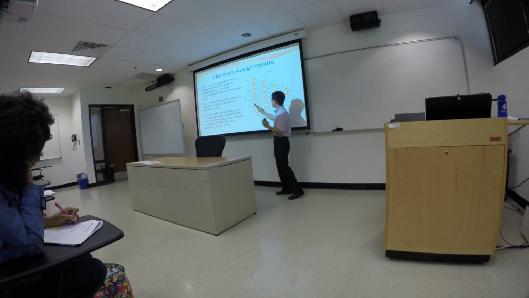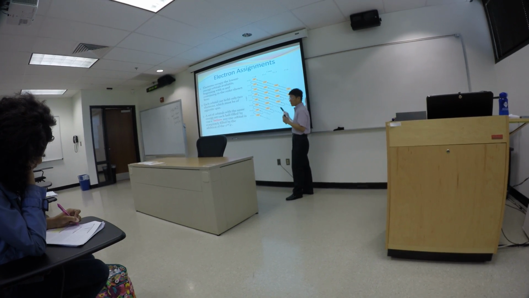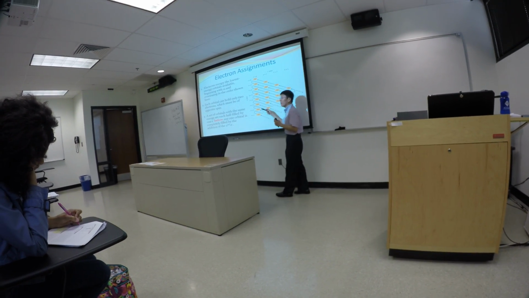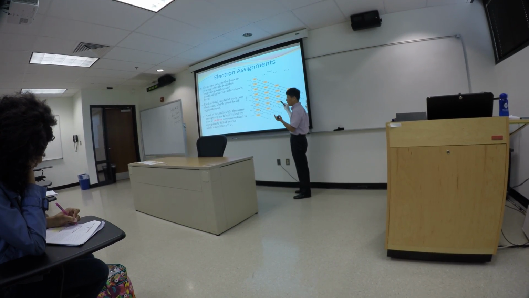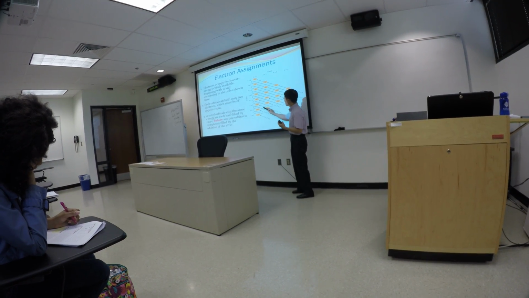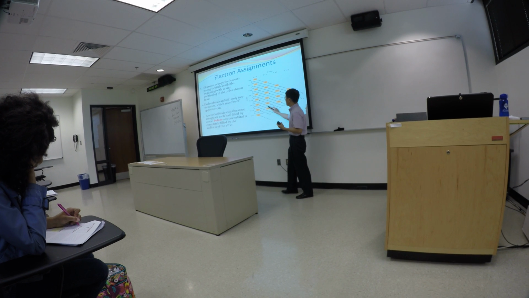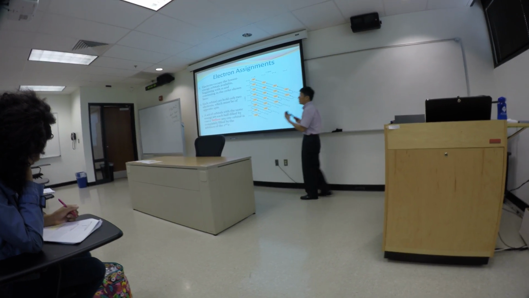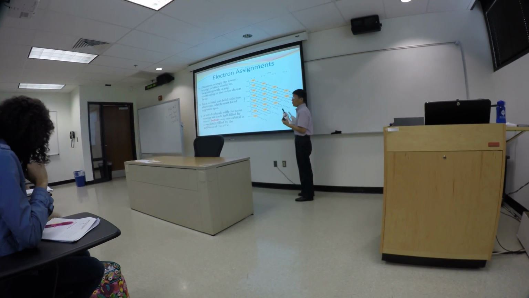And then after 3s, you go to 3p. Now, for the 3p orbital, n plus l equals 4. For the 4s orbital, n plus l also equals 4. For the 3d orbital, n equals 3, and for the d orbital l equals 2. 3 plus 2 equals 5. So by the time you go to 3p, according to the sequence, these are on the same level. Electrons are supposed to go to 3d first. Well, no, it's going to go to 4s. So the total energy of a particular orbital is determined by the value of n plus l. The higher